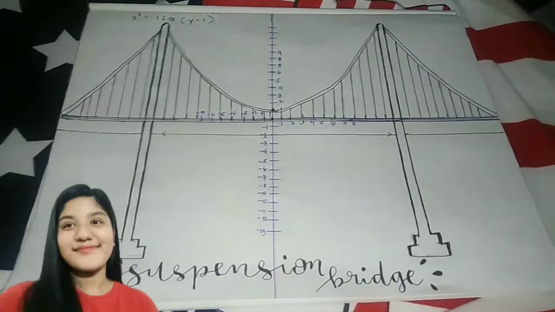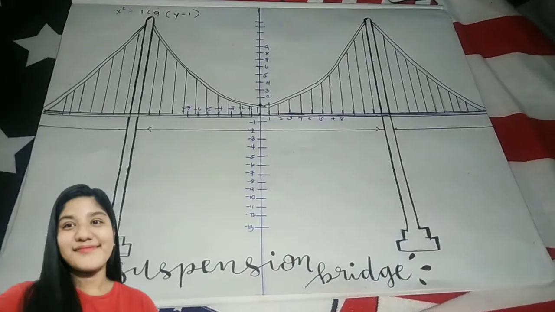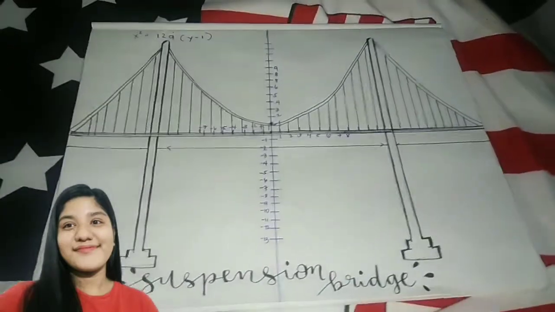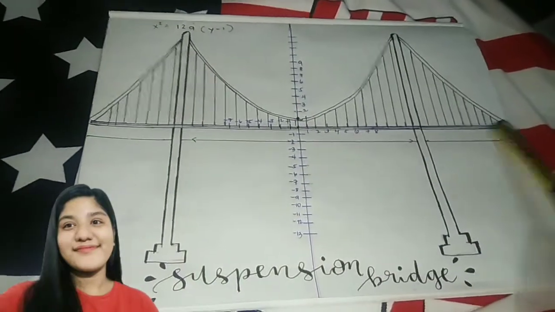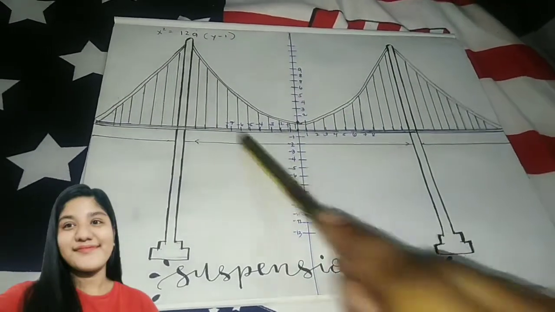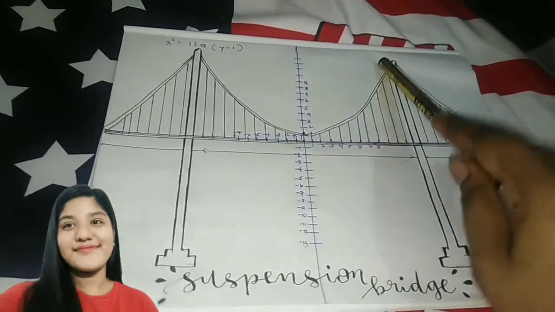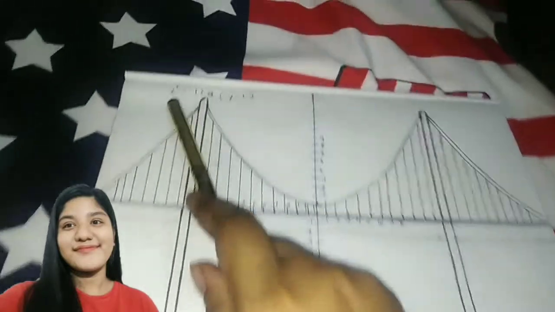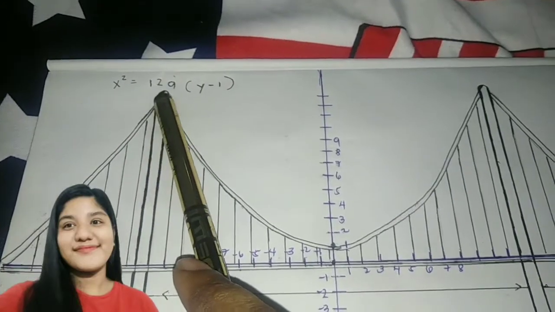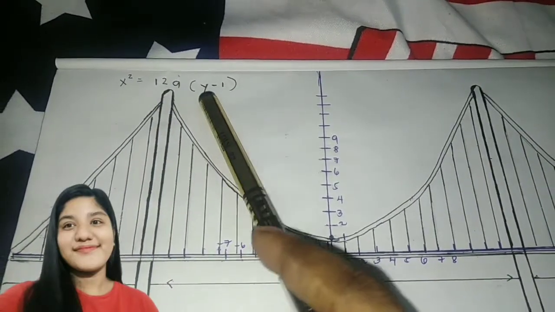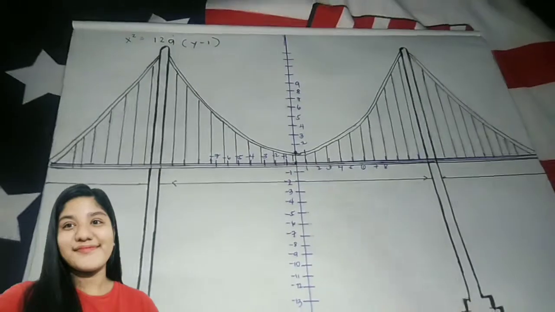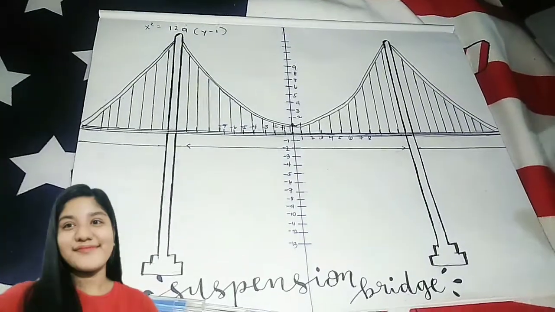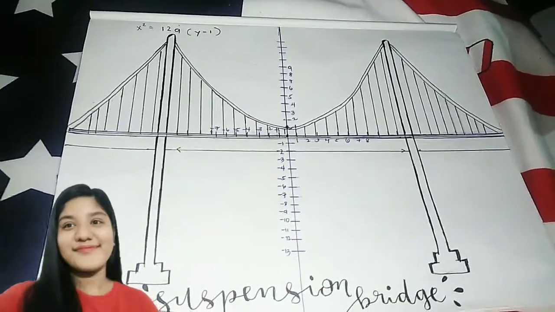So here we have our suspension bridge na dinrawing natin sa ating Cartesian plane. So nakikita naman natin yung ating x-axis and ang ating y-axis, and nakikita rin natin yung ating parabola. So ang equation para sa parabola na to is x squared is equals to 12a times the quantity of y minus 1, in which ang ating parabola ay opening upwards. So since meron na tayong equation and nasa mismong Cartesian plane na yung ating parabola, let us solve for its